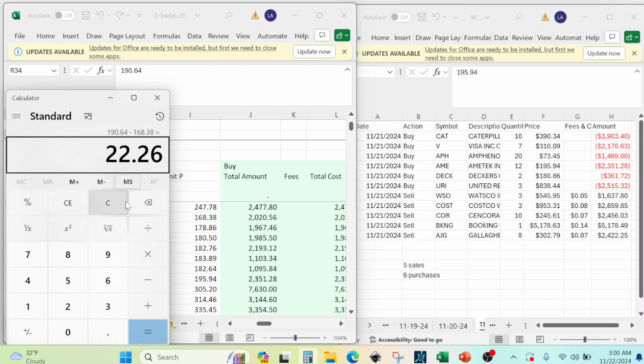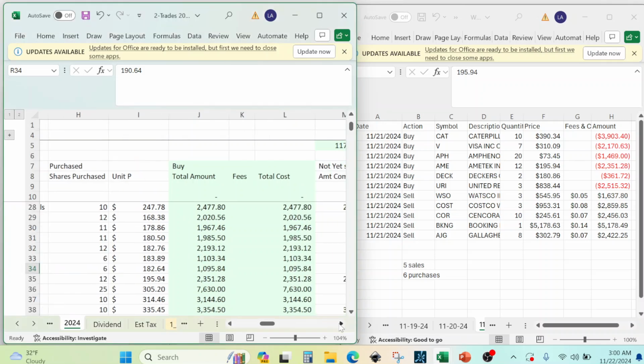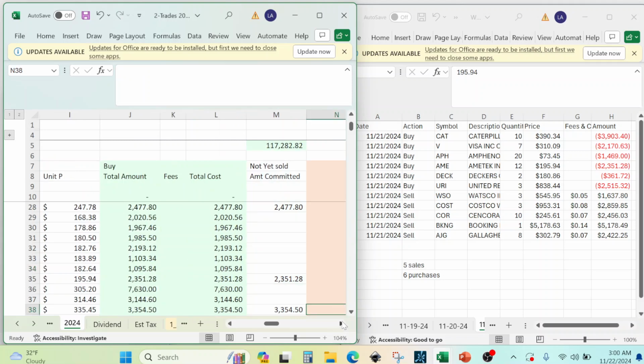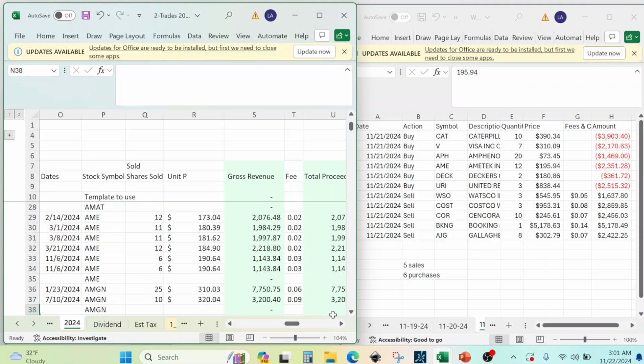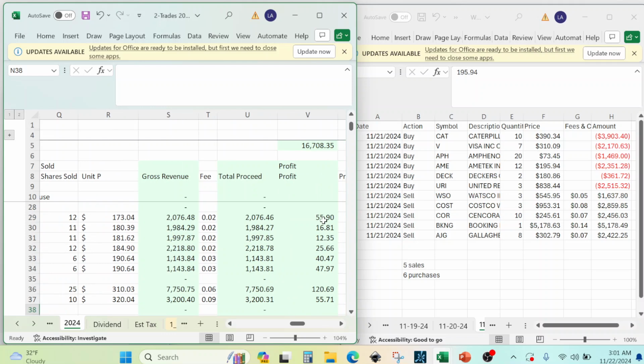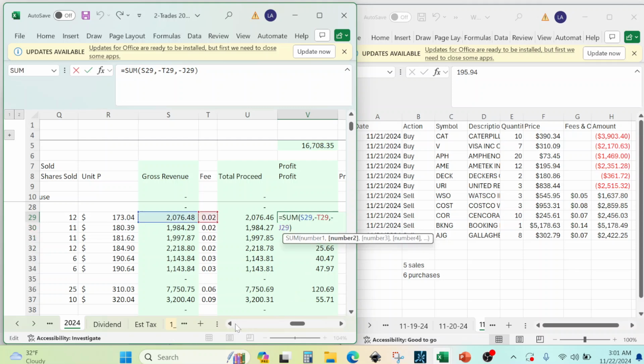So let's take that times 12. That gave us 267. So we didn't account for the fee of 6 cents, so let's just say 167 is the profit. If we go back again, and then we use the profit that we have accumulated since we bought it multiple times between February and November. Let's take that profit, and in case you are wondering how the profit is calculated,